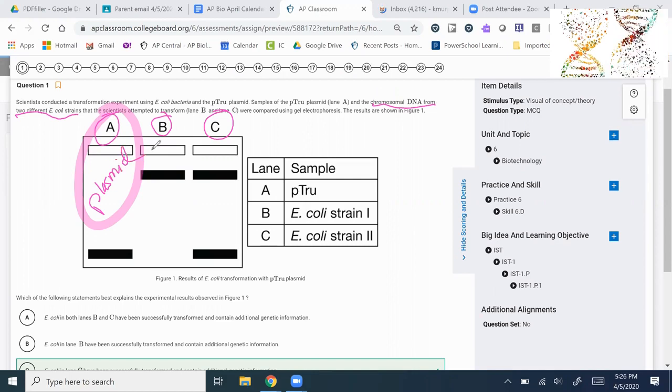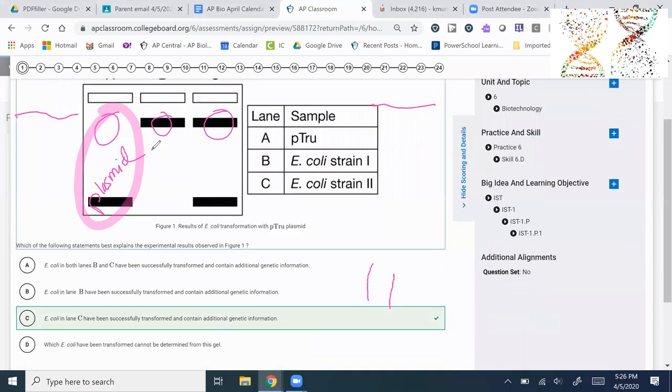So again, which of the following statements best explains the experimental result observed in figure 1? All right, so the answer is C. E. coli in lane C have successfully transformed and contain additional genetic information. All right, and the reason is because